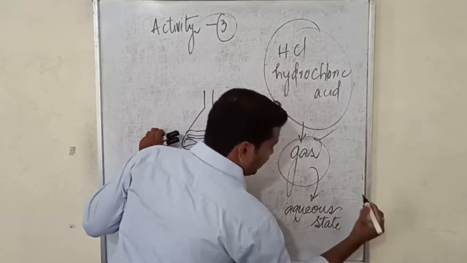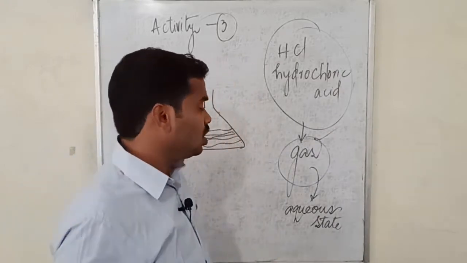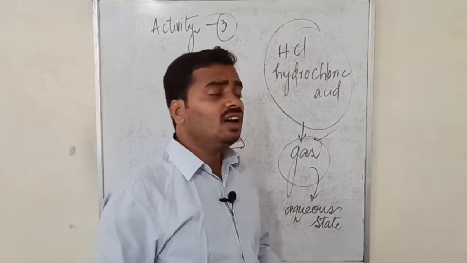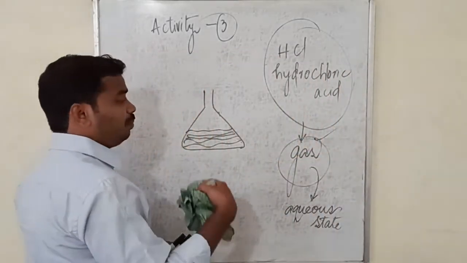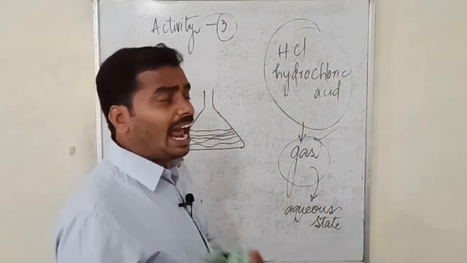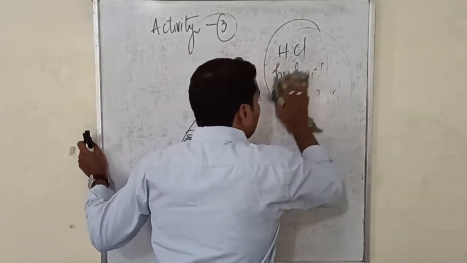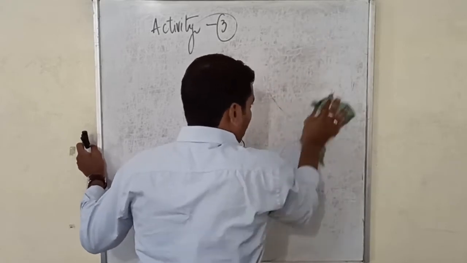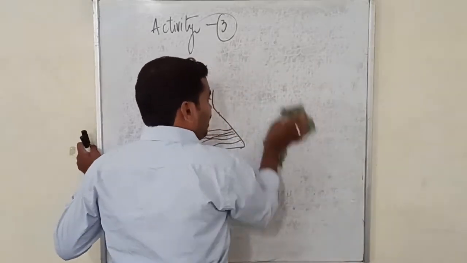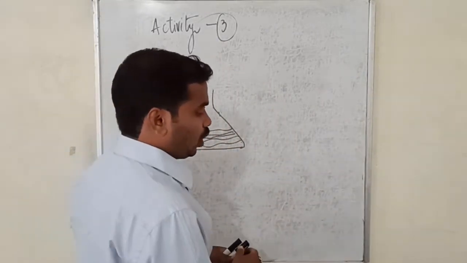While writing chemical equations of the reactions, we will mention HCl in the aqueous state. When it is in the aqueous state, it will be in a position to react with the other compounds. So HCl is nothing but hydrochloric acid. Try to write while I am writing. If you are unable to write at my pace, try to pause the video and write it, okay? But writing is very important, don't forget.